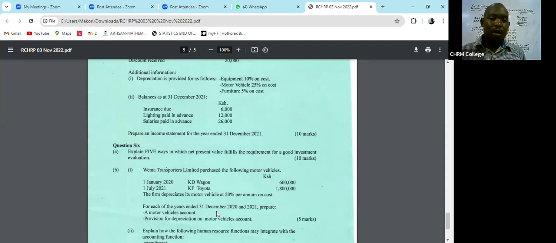Wema Transporters Limited purchased the following motor vehicles. The firm depreciates its motor vehicles at 20% per annum on cost for each of the years ended 1st December 2020 and 2021. Prepare the